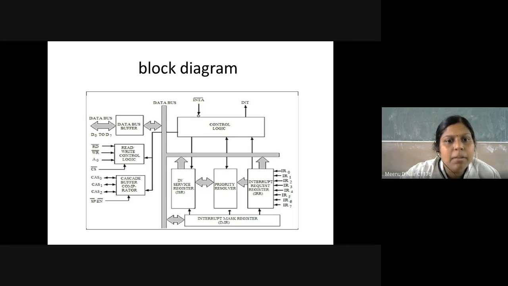Data bus buffer as well as read or write control logic will be available for all the peripheral device controllers. These two blocks will be available for all the peripheral devices. Okay, data bus buffer, read or write control logic. Then cascade buffer, CAS0, CAS1, CAS2. It is connected, cascade buffer or comparator. Then this is data bus, control logic,